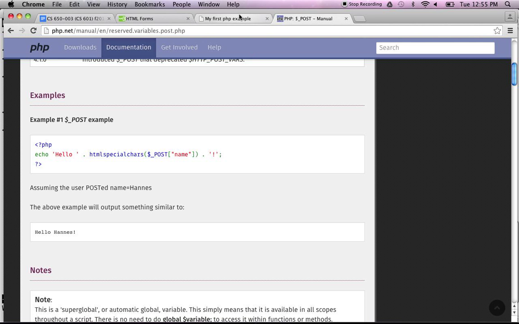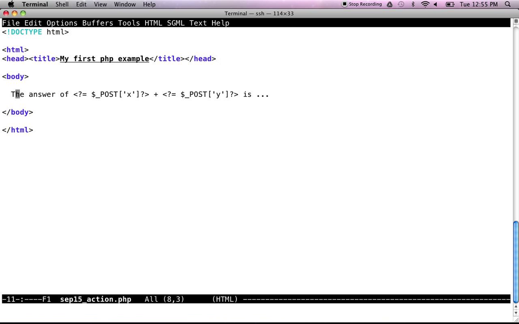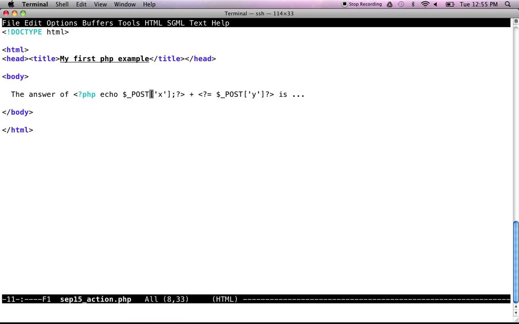Does this actually work? What's the right way? Somebody's saying something.